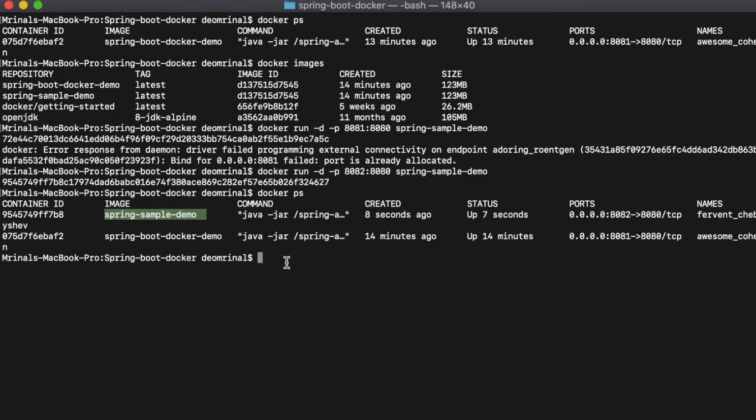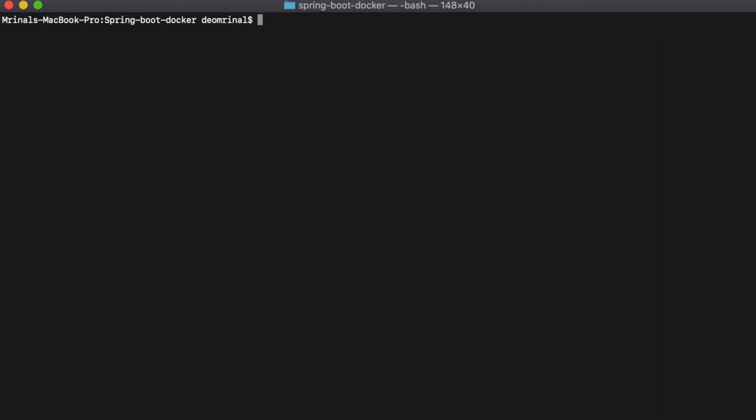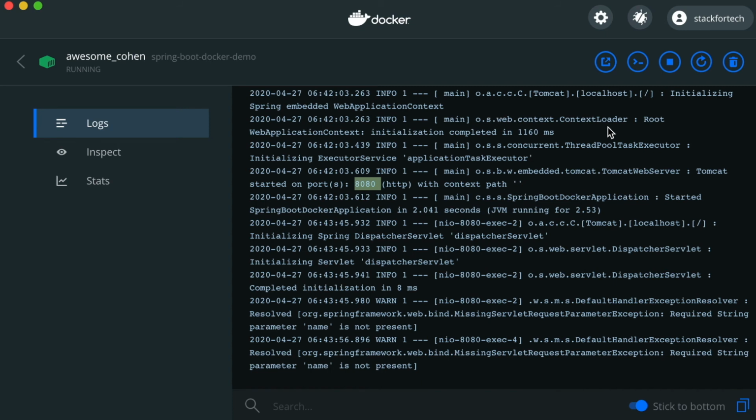So this is how Docker run commands work. One more thing I wanted to highlight is that when you install Docker on your system, whether on Windows or Mac, you will most probably install Docker Desktop. If you go to Docker Desktop, you will have the Docker dashboard option in the drop down menu. If you click on that, it will ask you to download.